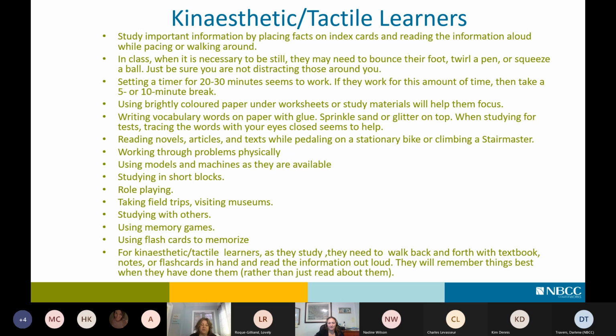Some kinesthetic learners like role playing, so they will role play if they can. They find that it helps cement the information. Studying with others, taking field trips or visiting museums, that's great if you can. Right now during COVID, that's not something that we can really do a whole lot of, and it's not always applicable, but for some tactile kinesthetic learners, a lot of the instructors have wonderful additional information posted on Brightspace where you can find video clips. If you're on campus, there could be models of the stuff that you're learning or that you're working on at the time. So use those when you have the opportunity, using memory games so that you're more actively engaged,